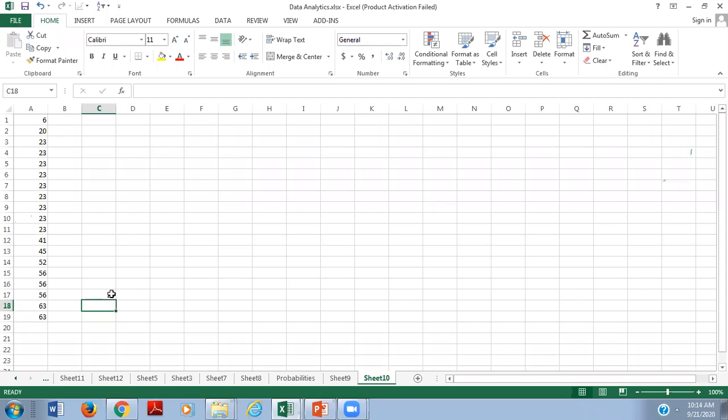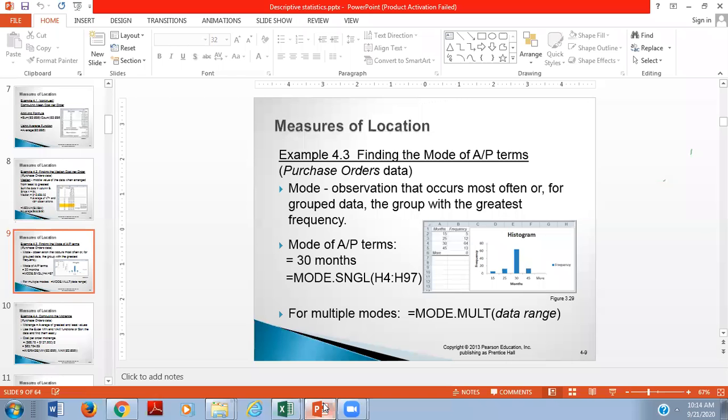Here it is quite easy for us to observe the values from the columns, right? But when this same data is on a large scale, then it's quite difficult to find a particular value just by observing it. You need a mode formula, and then we select the whole range of the particular column. So this is all for today's class.